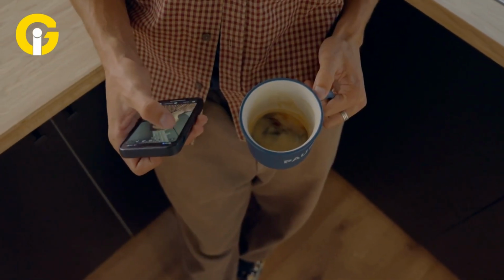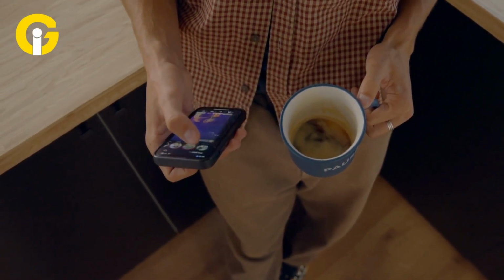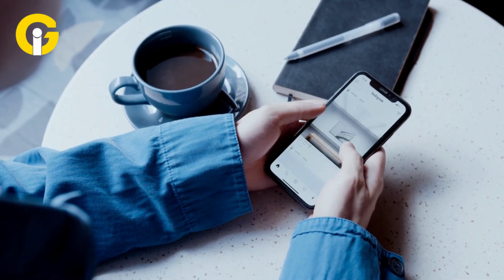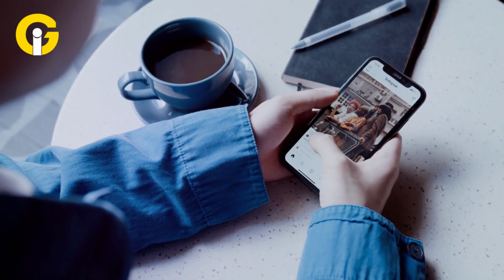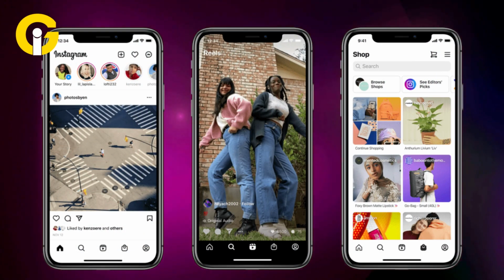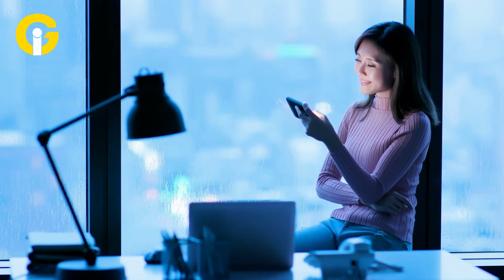Instagram's potentially changing, and now your Instagram feed would open straight into an immersive TikTok-styled Reels interface, with stories still holding their familiar spot in a horizontal row at the top. As you scroll, the experience would shift into a full-screen video feed, making Reels the start of the show, not